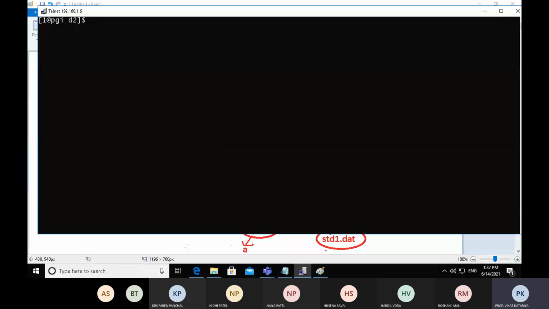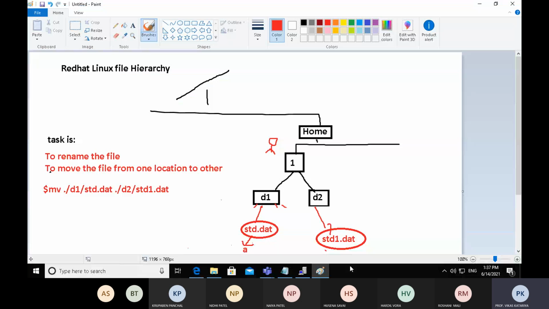Now, if we look at it graphically, we have the student.date file under the d1 directory having the single character A, which has ASCII value 97.